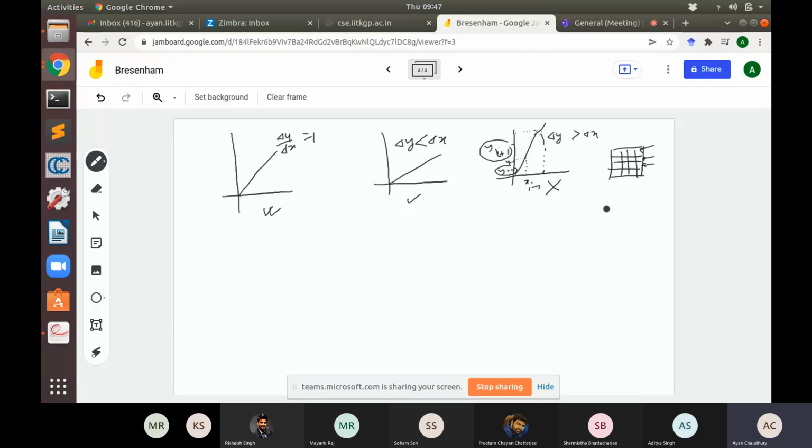So Bresenham's algorithm tries to choose between yi and yi plus 1. For this case we are talking about m between 0 and 1. There are other cases as well, but we discuss only this one. The other cases are symmetric, and you just interchange the values, so there is not much of a problem. So the main fundamental thing about Bresenham's algorithm